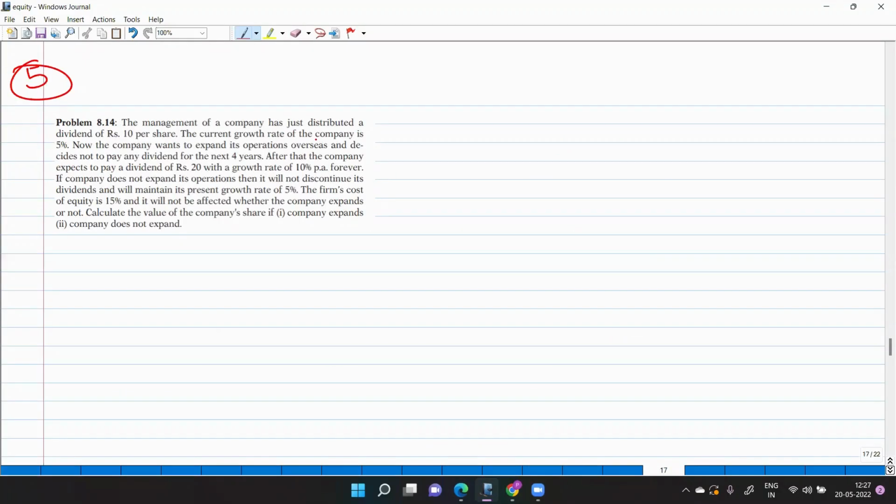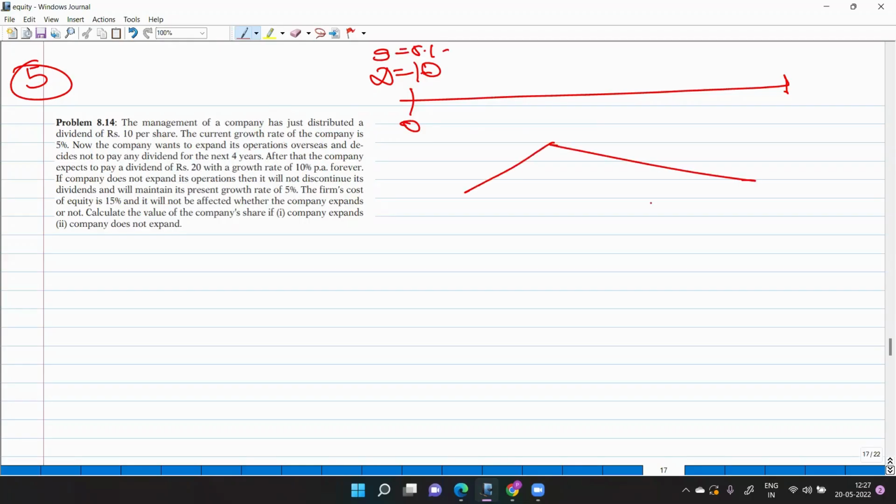Question. This is a very good question. ठीक है, इसमें ना टाइमलाइन समझना काफी इंपॉर्टेंट है। The management of a company has distributed a dividend of ₹10. मतलब आज इसने डिविडेंड डिस्ट्रीब्यूट करे 10 के। The current growth rate is 5%. आज का ग्रोथ रेट 5% चल रहा है। Now the company wants to expand its option. अब इसके पास दो ऑप्शन है, या तो कंपनी एक्सपैंड करे या तो कंपनी एक्सपैंड ना करे।